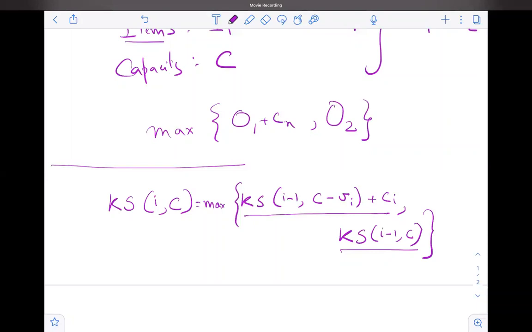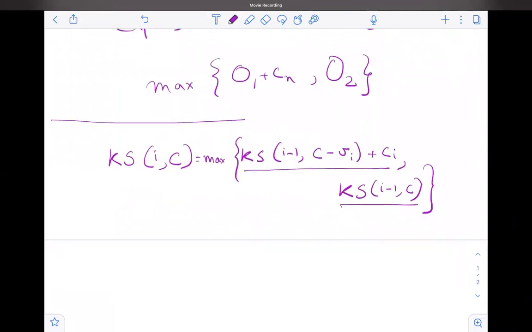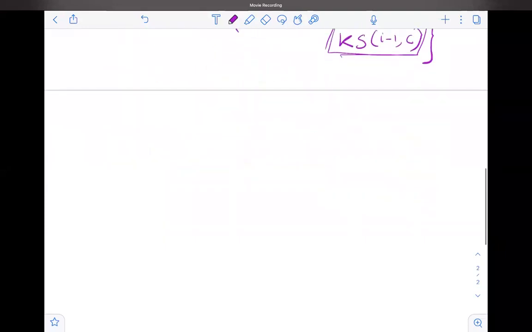The max recursion. So in some sense, I think you have understood it. The main issue is that if you compute this stuff and this stuff separately, then you might be computing the same thing again and again and again. So if I just say the input is I, C, then return max of